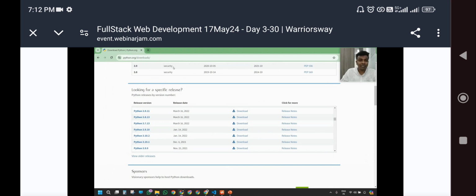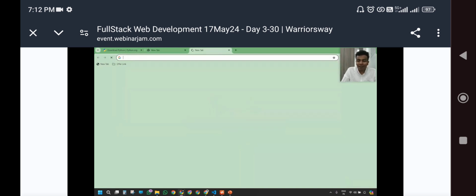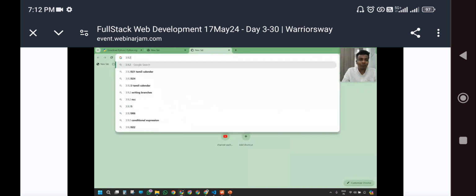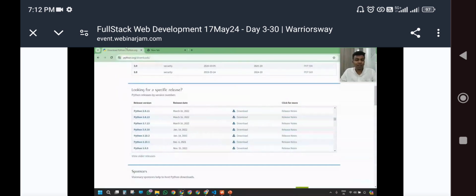Okay, please note it down. You can install 3.7.8, that is one of my favorite versions. So you can just install it, or you can install 3.9.2, anything, but go for the stable version. There are a lot of stable versions out there, 3.5, 3.6, 3.7, 3.9, and yeah, these things, but you can install this 3.7.8.